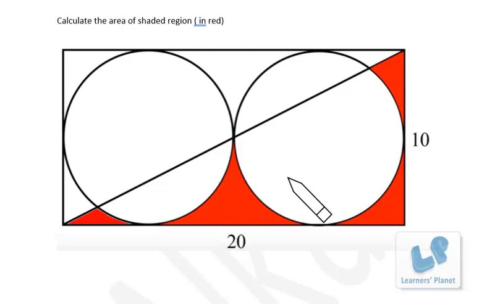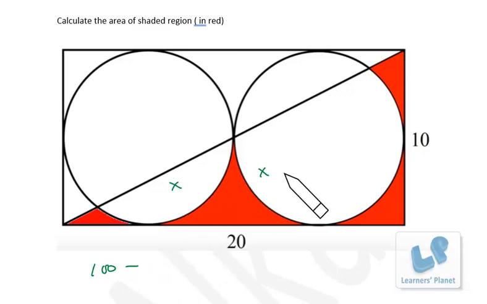Now we have two equal circles. Now what is happening over there? See, how do we find the area of this red region? Basically we have a triangle over here, and from this triangle if we deduct this area and this area, we will be able to get the area of the shaded region. Now our problem is, how do we find the area of this and this? Right, the triangle we know, 20 into 10 by 2. So the triangle area is 100, half of 20 into 10. From that we have to find the area of this region and this region.